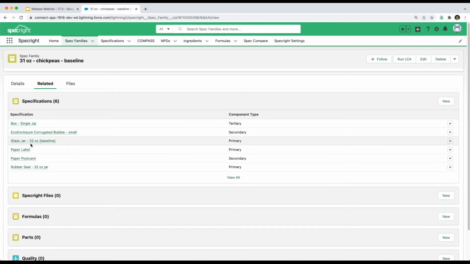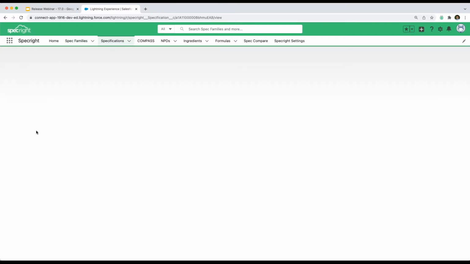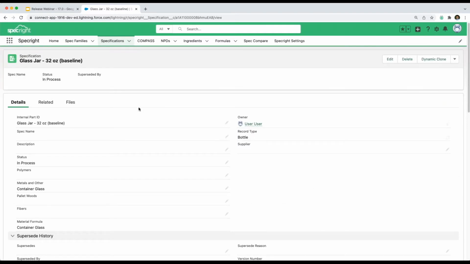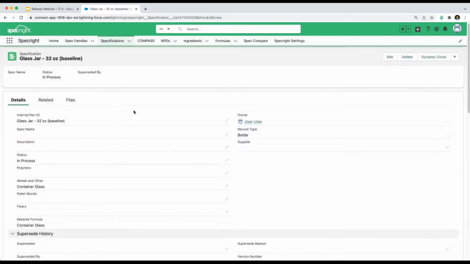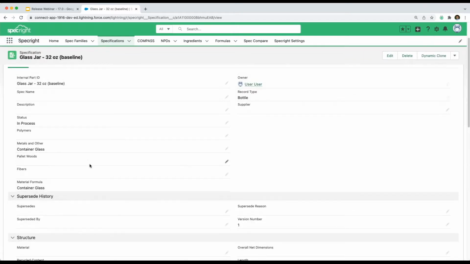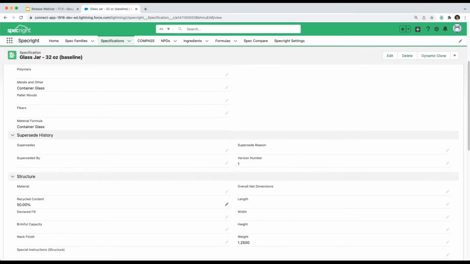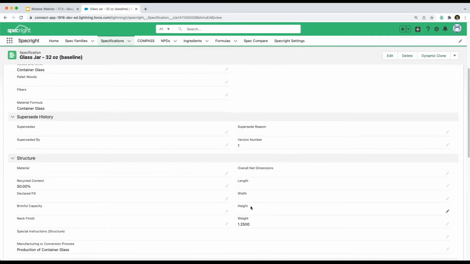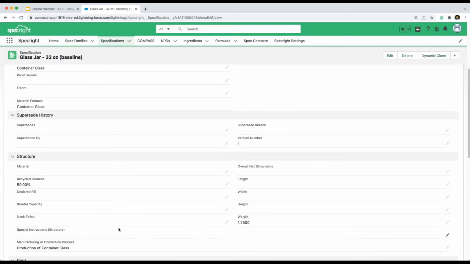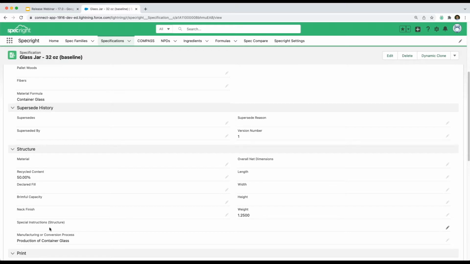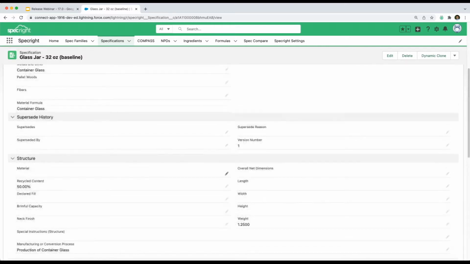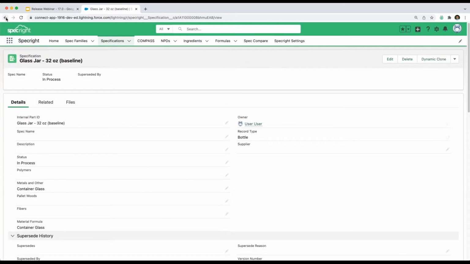So if I go into, let's say, the glass jar, again, within each component, there are certain elements and certain fields which are going to be very useful for Compass, such as the material, for instance, container glass. There's also the recycled content, that is the PCR content, and then there is the mass of the material, right? Also, for instance, the manufacturing or the conversion process. So I'm pointing out and showing you all of these fields because this is basically information that we will send through the integration from Specright into Compass, right? If I go back,